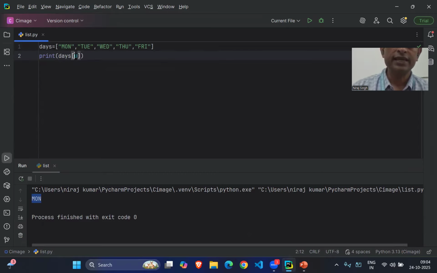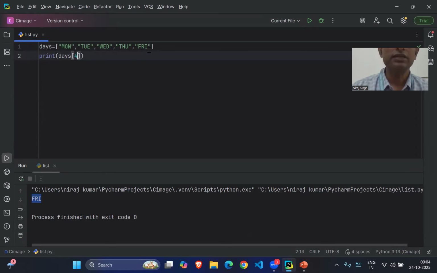Similarly, you can access any element. Index 1 will show Tuesday, the second element, 0, 1, right? And if you want to access Friday, it will be 0, 1, 2, 3, 4, and it will show Friday.